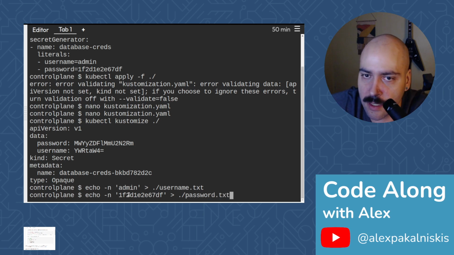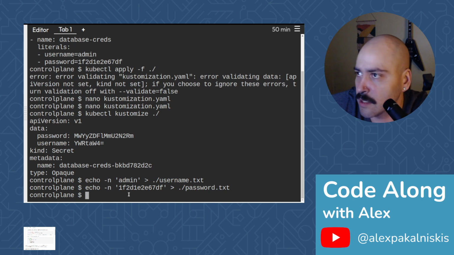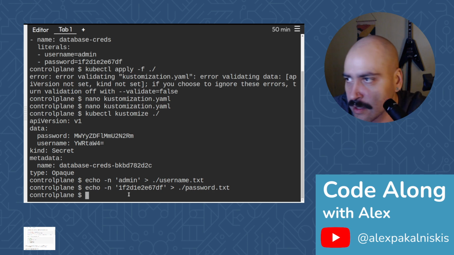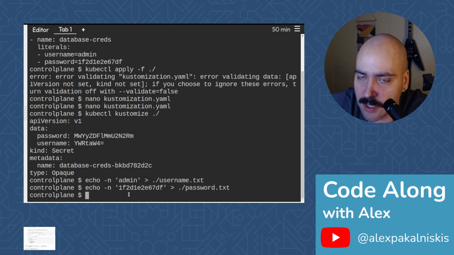Lovely. And just note that the -n flag ensures there's no newline character at the end of our txt files. So now let's update